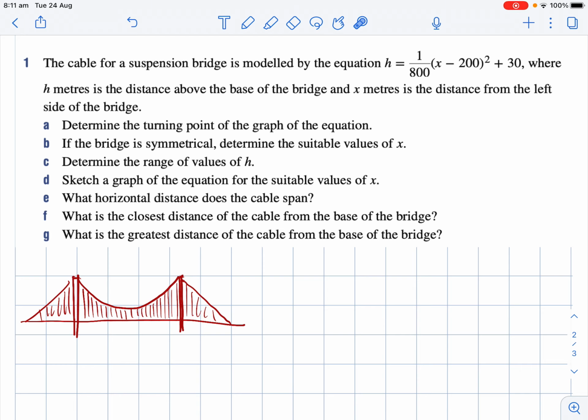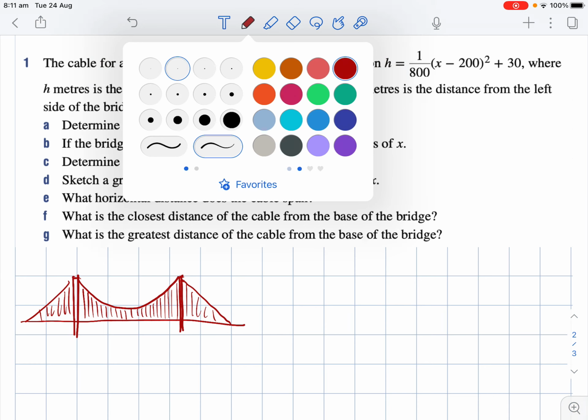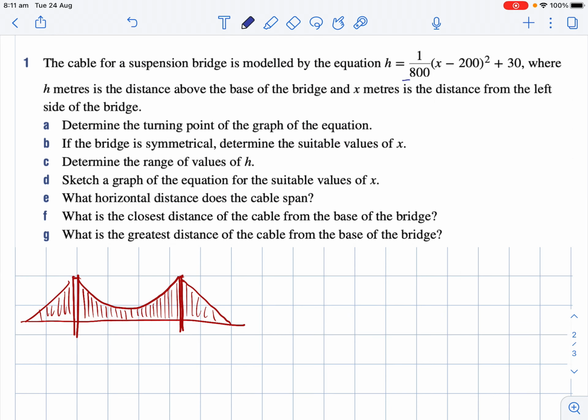Okay, determine the turning point of the graph of the equation. So if we were going to graph this, because it's a quadratic, it's going to have a turning point. And from my graph here, we can see that that point would be right there. And my equation is in turning point form. So I know that the turning point has moved 200 places. Now, move, translate's probably the correct word we should use. Translated 200 places